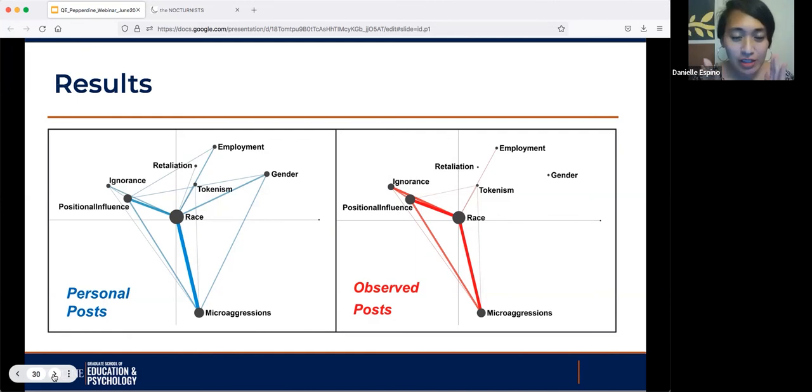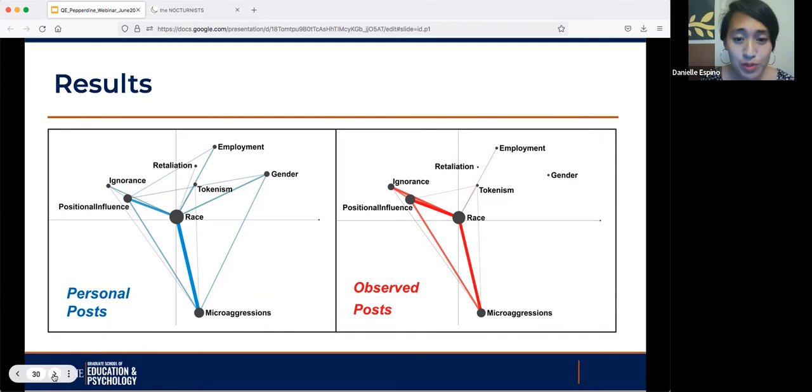And when you look at this, we can see that the observed posts on the right have very, very strong connections between ignorance and race, and positional influence and race, and microaggressions and race. That microaggressions and race connection is also seen in the personal posts, which are represented on the left. But on the left, there are even connections drawing to gender, to employment in ways that aren't being seen